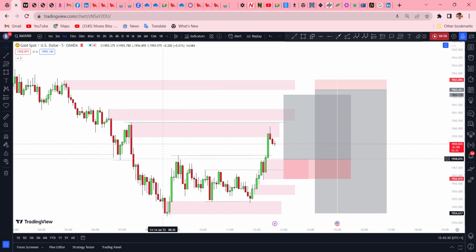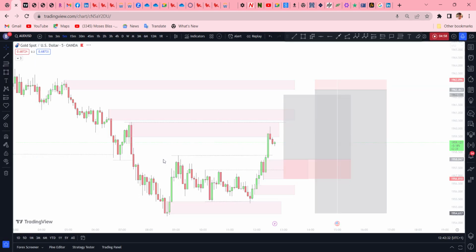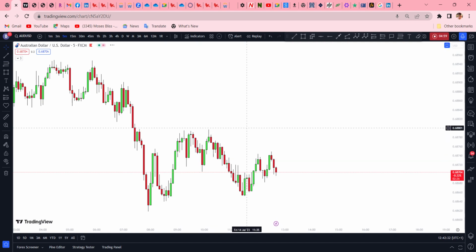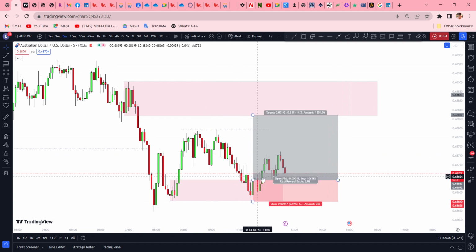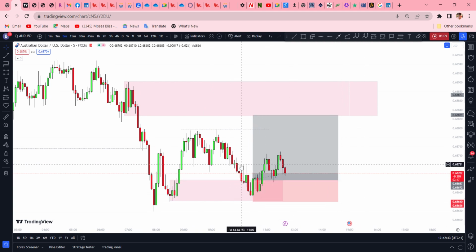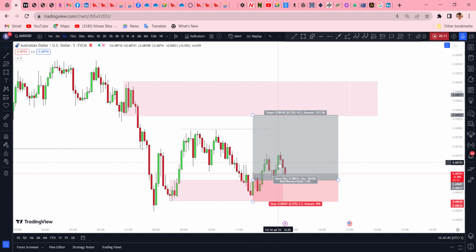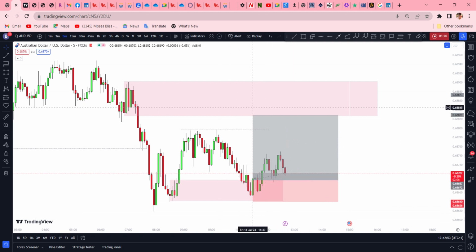So this for gold. EU, AUD USD, the trade is not really moving like I wanted. I entered this trade here. After this minor break of structure, I entered here and it's been breaking, going up. So if it comes back fine and takes me out, that's fine. But if it heads up to my TP, that's fine. But this is about 1:3.